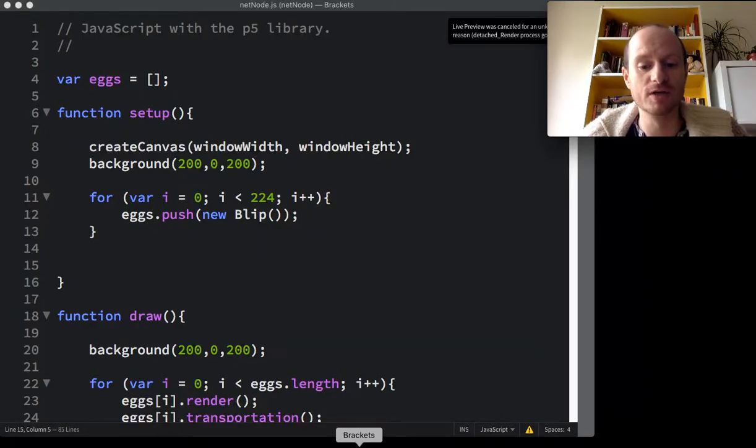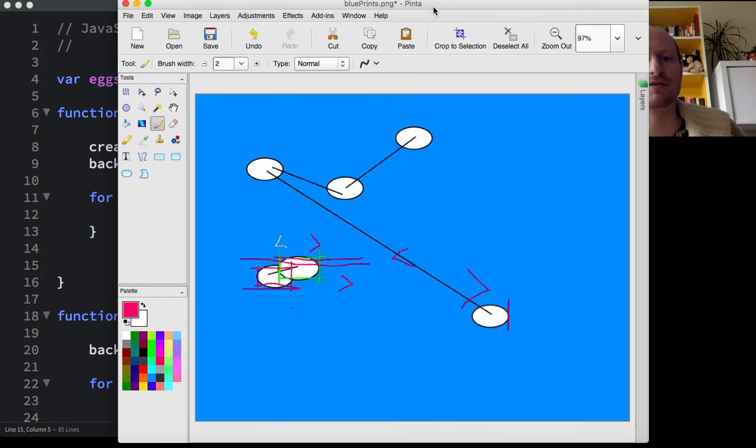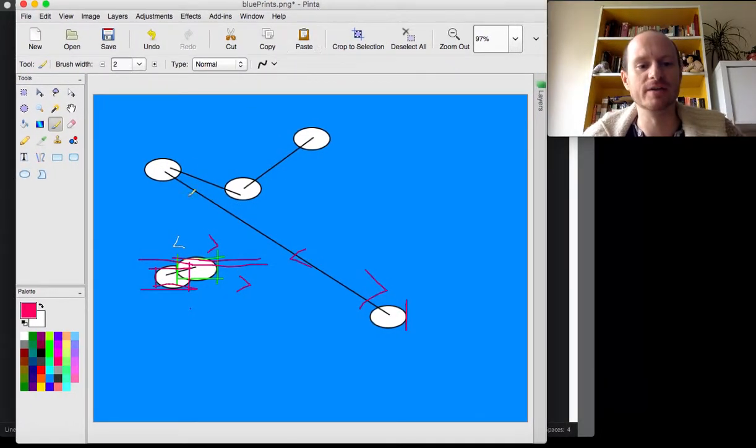We'll go back to the code. I might just bring up the image, our scientific diagram of what's going on here. So this is where we're taking care of the collision detection, which we don't need to worry about anymore, except